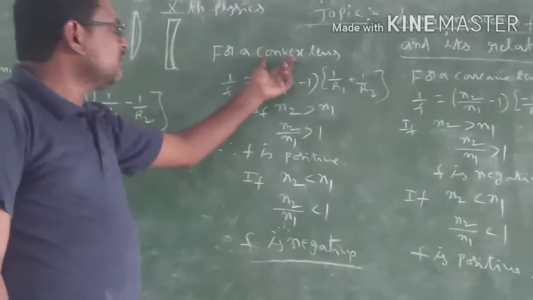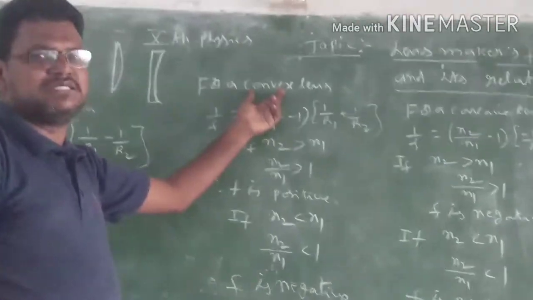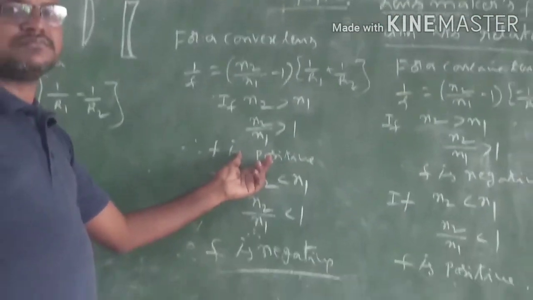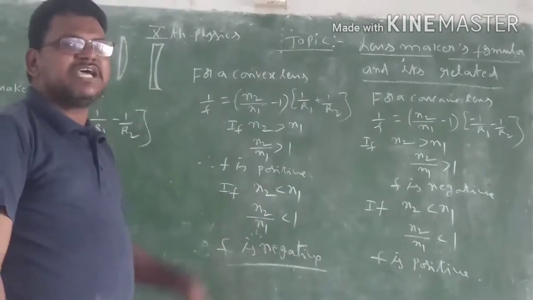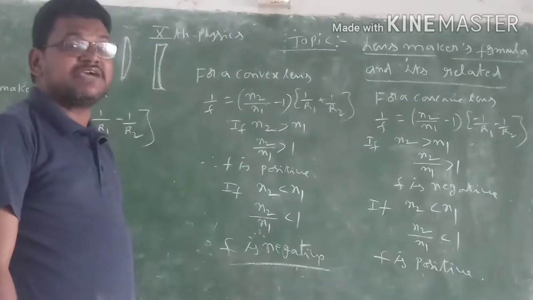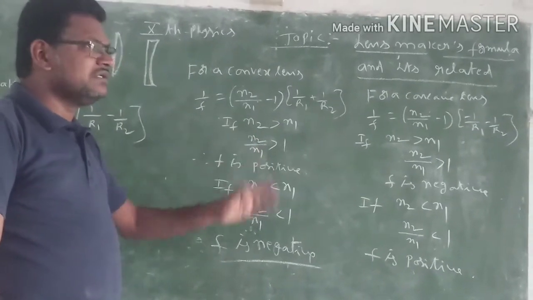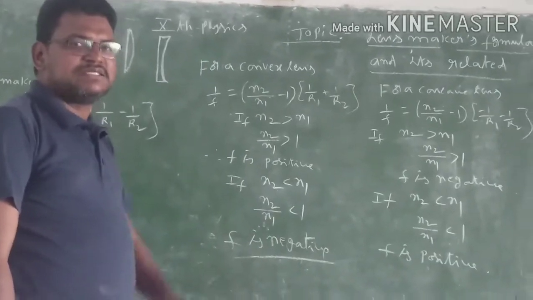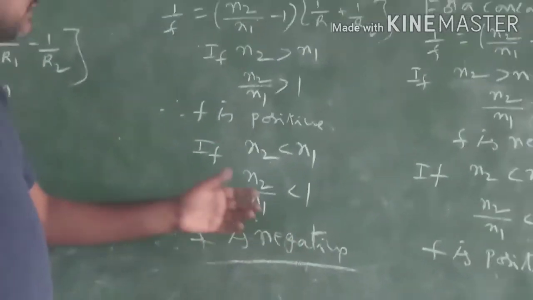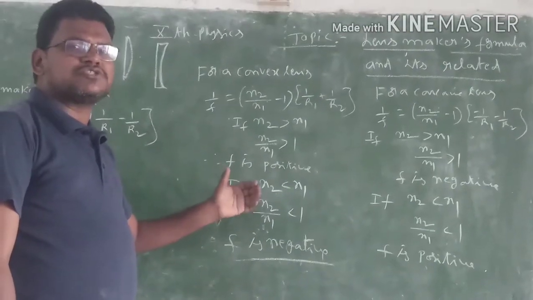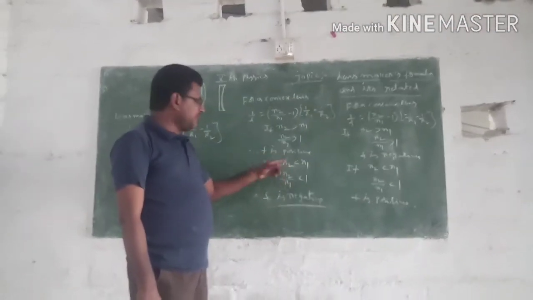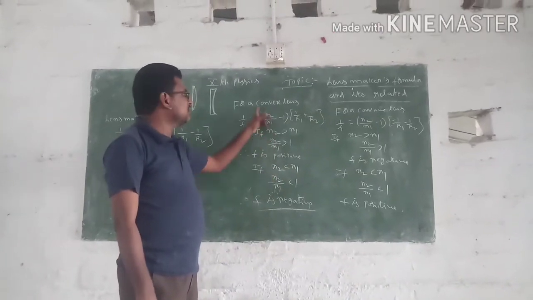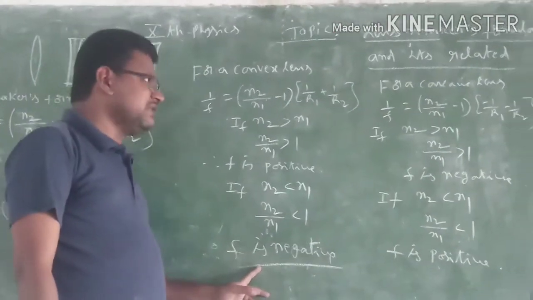That means though it is a convex lens, a converging lens, a positive lens, it acts as a diverging lens, or a negative lens. It does not converge the refracted light rays. It diverges the light rays. So when f is a negative, that means when the refractive index of the denser medium is greater than the refractive index of the lens, then the converging lens acts as a diverging lens.